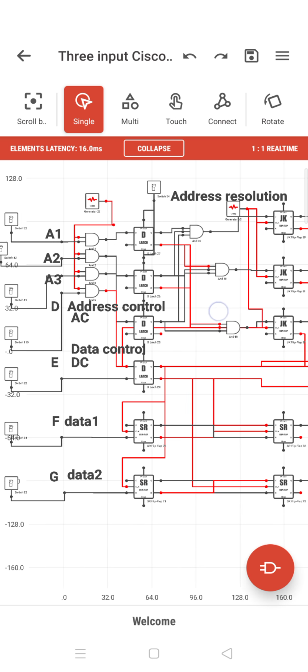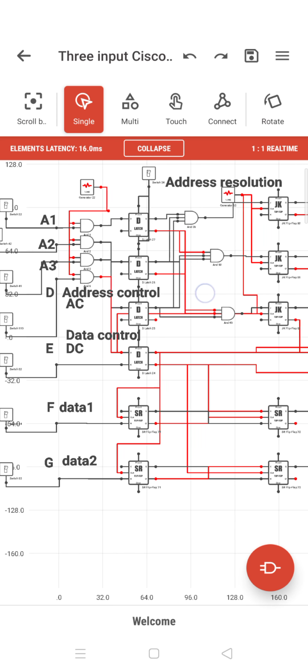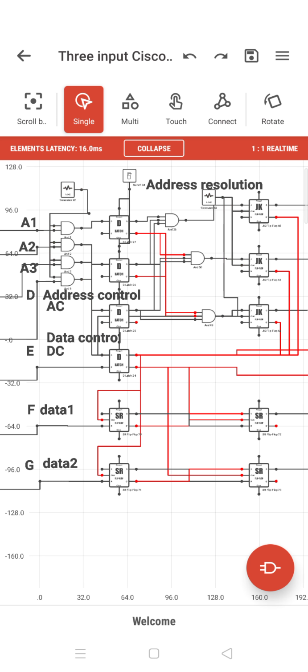So the basic switch functioning is you have address lines, data lines, an address control line and a data control line. Then you have what is called address resolution circuitry. When an address comes in, depending on what address it is, that particular data link line is resolved and turned on or off, or sometimes it might be serial, synchronous or parallel data transfer.